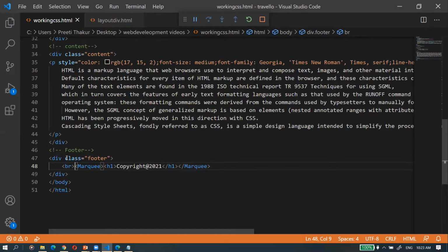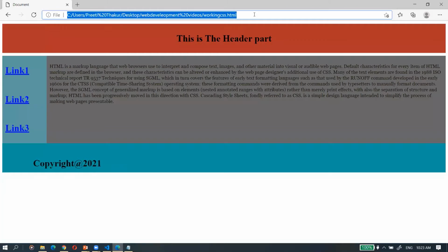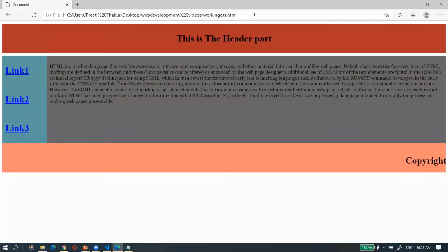So now let's check how this page is going to be displayed in looking of that page. Just go to that. So this way, right? So looking nice. So that is also one of the other way of creating the layout of the page with the help of CSS, right?